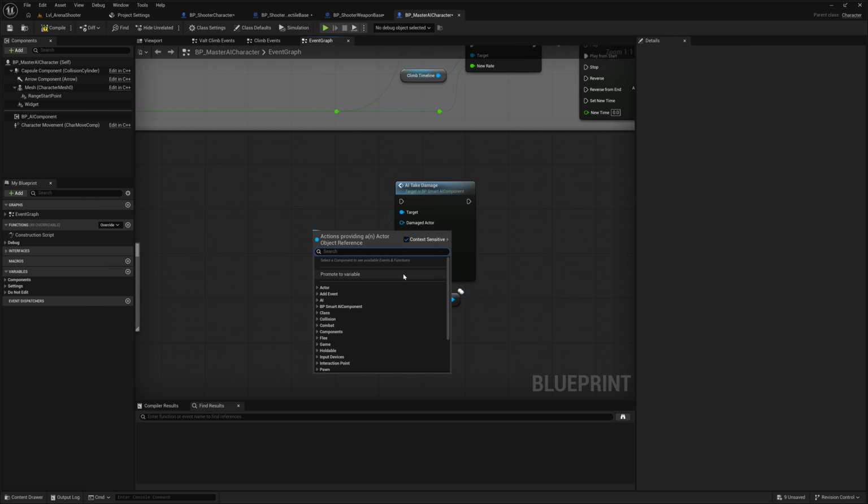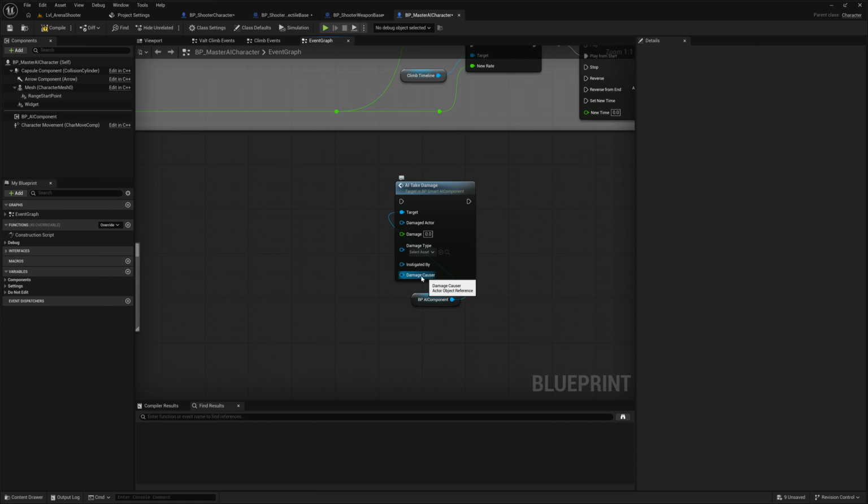So again, this would need to be whoever dealt damage to the AI. So your event would need to provide that information, and you would plug that into damage causer. The other pins you can leave disconnected. The only ones that you need to worry about are the damage and that damage causer pin. So that pretty much covers dealing damage and taking damage on the AI, but we also need to set up